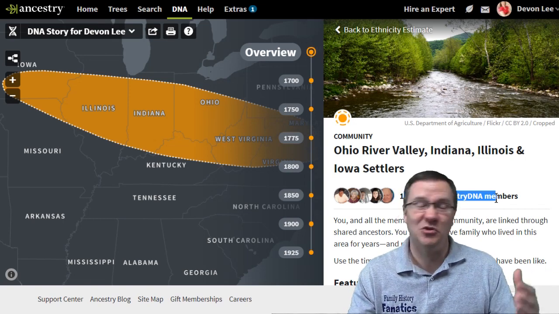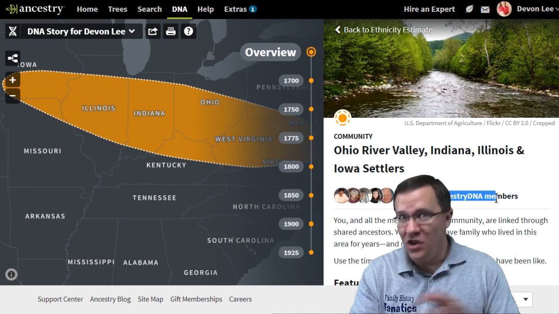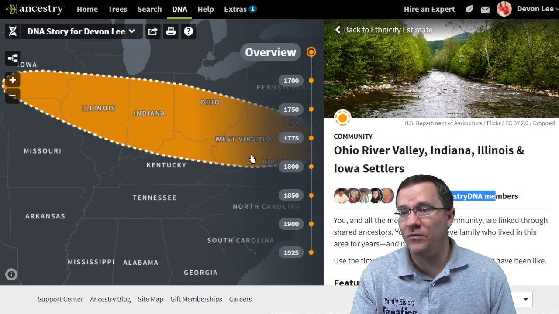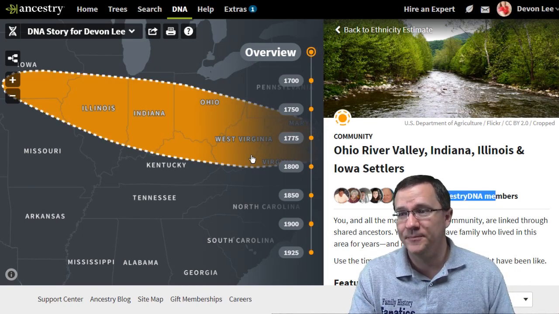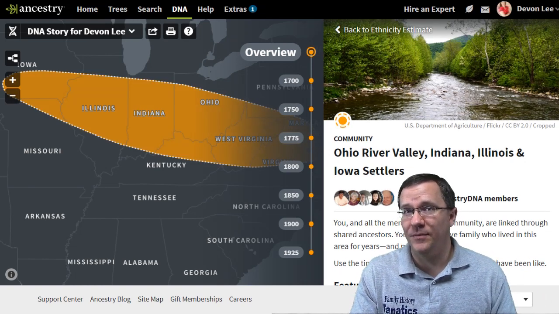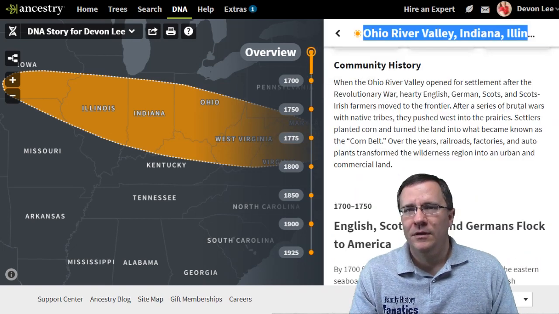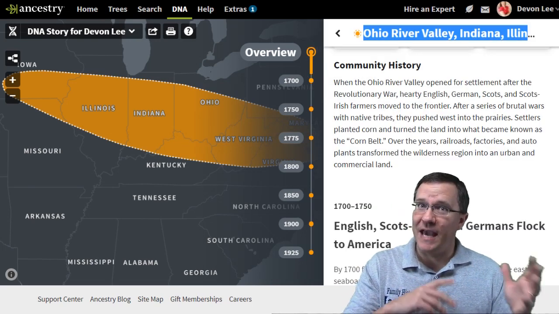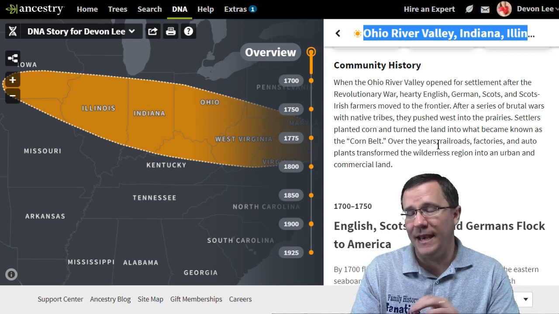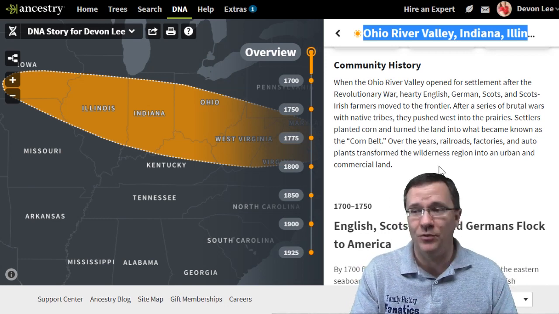information on your ancestors. Now, granted, not all 1 million of them are going to, because this is a big area that covers all the way from Virginia into Iowa. Now, as we scroll down, we're going to be able to see some more information about this community. So one of the things it gives you is that community history. It tells you roughly what has happened and how that migration has happened and what peoples there were.